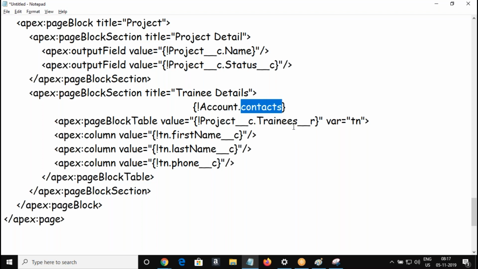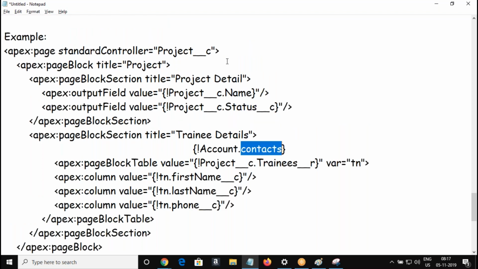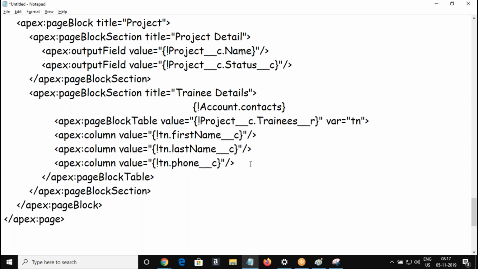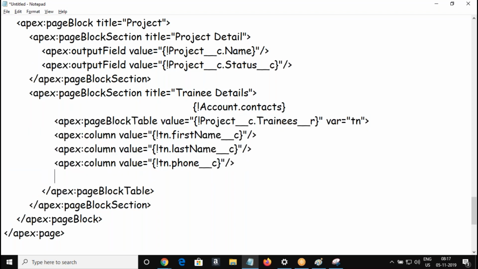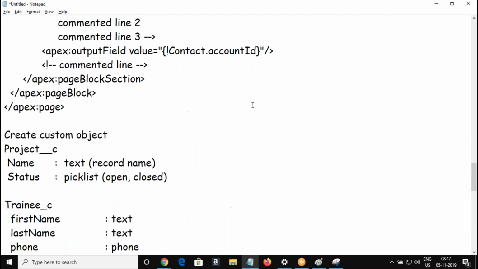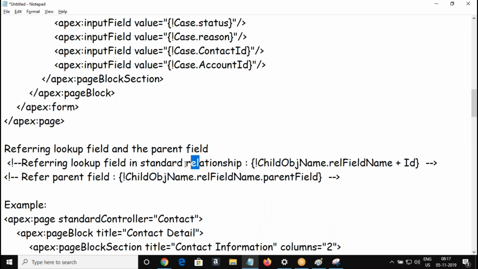In case I'm referring to the parent field from the child, this is a child. How are we going to refer to the parent field? Text colon column value equal to, what is how we are referring to the parent field in this relationship?